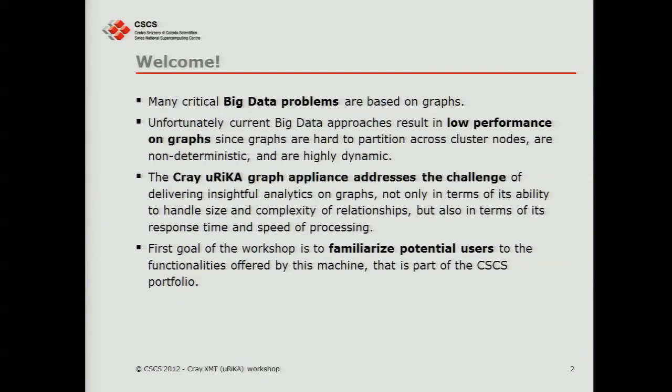At the same time, there are data analytic problems that are difficult to cover with standard tools. For example, trying to find a relationship between things, knowledge, or information. So at CSCS, we put in this new machine, specialized to cover this kind of problem, as a new offer to our users.